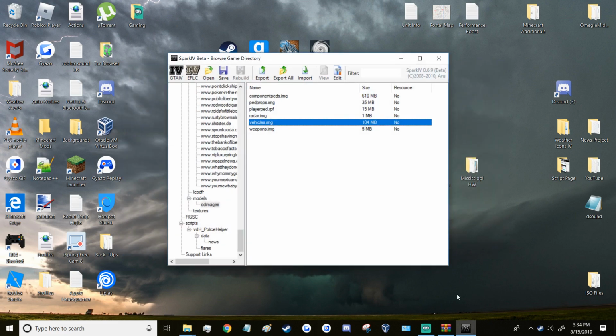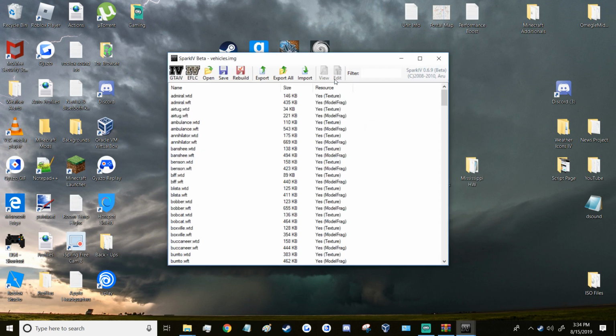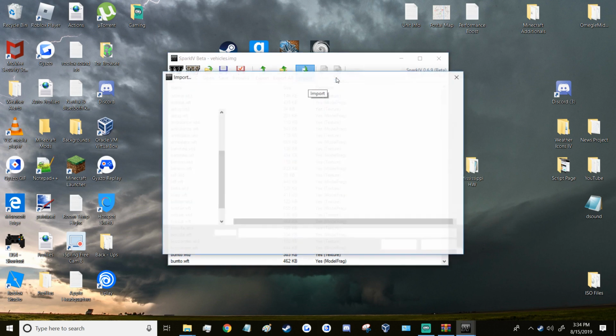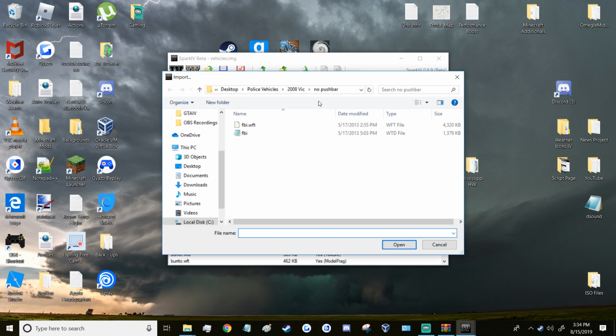You're going to go back to your SparkIV. You're going to click on Vehicles, click on Edit, click on Import. Now this right here is the part where you would import your vehicle. So this is the FBI, WTD, and WFT models. You're going to want to click on Open, but again, I'm not going to because I don't want to mess up my real